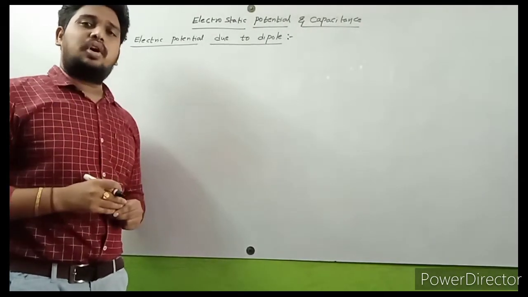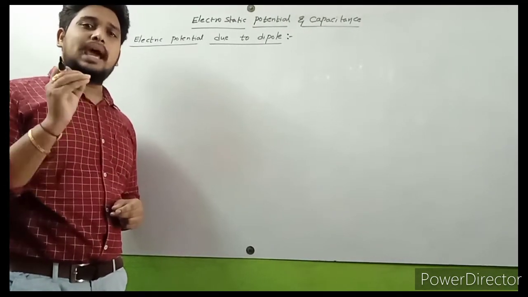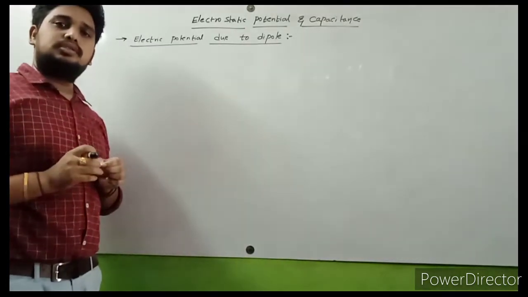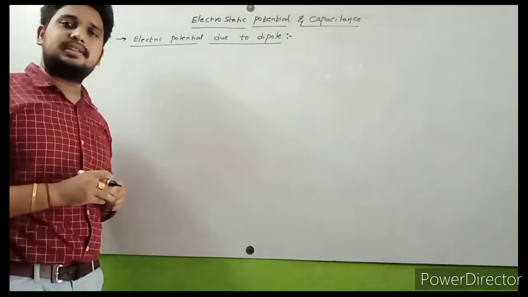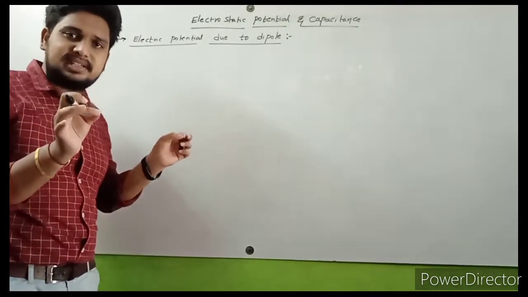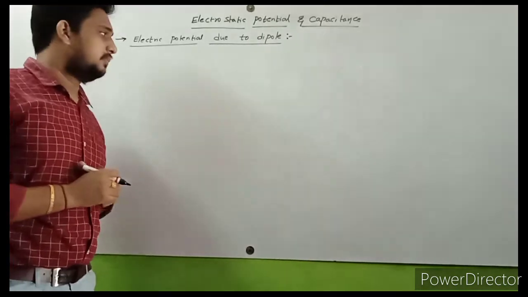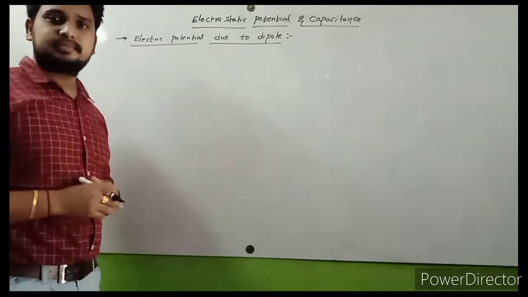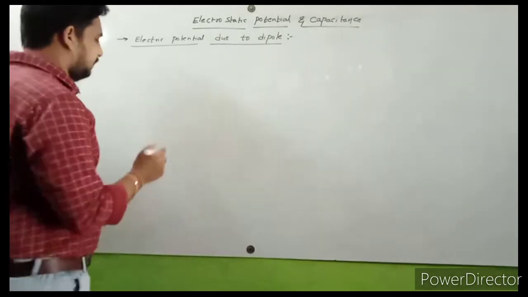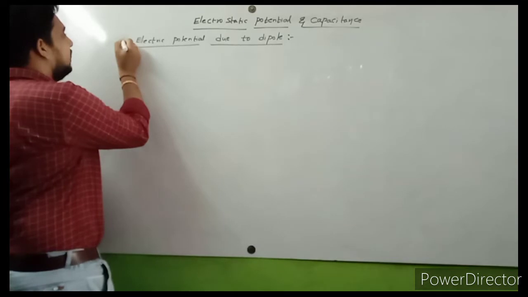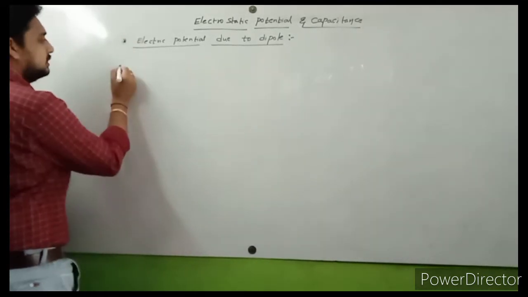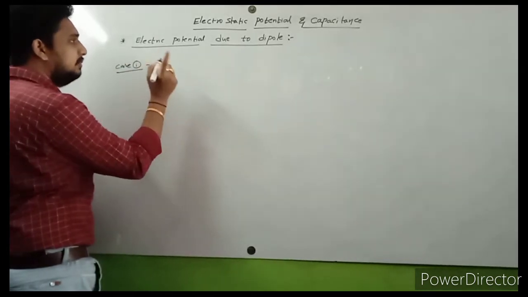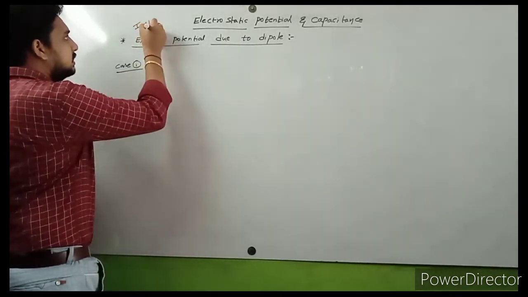Dear student, you already know well about dipole. A dipole is nothing but two identical unlike charges separated by some distance. So we need to talk about electric potential due to dipole. First of all, in this topic, two cases are there. Case 1. Very important for the board purpose.